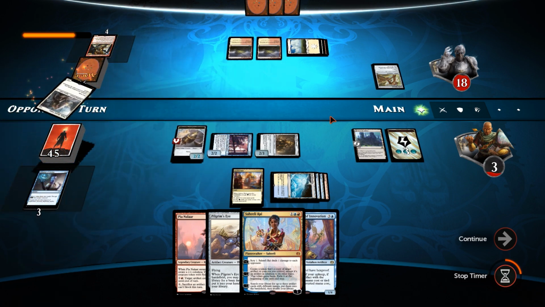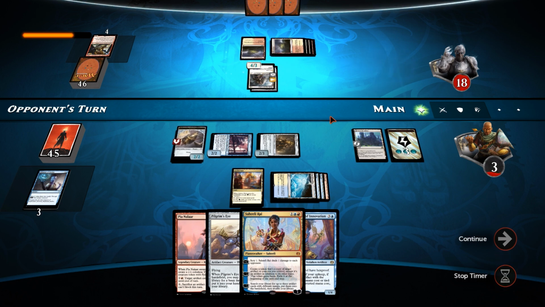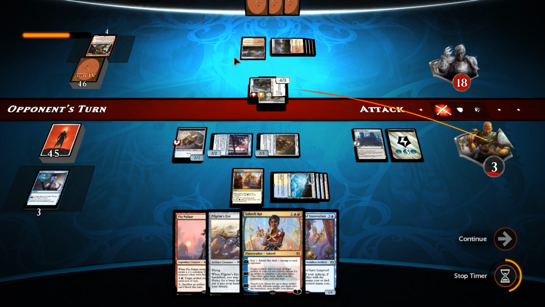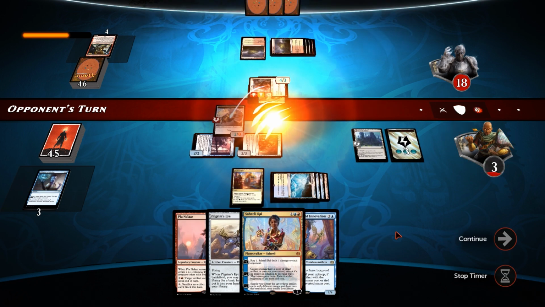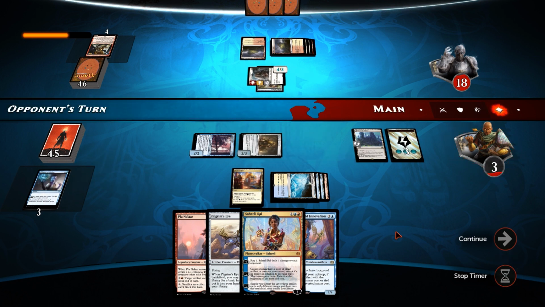Thalia. No, Thalia. You're annoying. Yeah, so I'm going to have to... I'm forced to chump block here. So yeah, a burn spell there would have been fine and he'd have won. But unfortunately, we just chump block, which isn't actually that unfortunate, but...